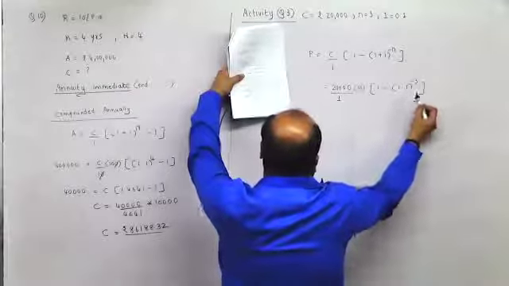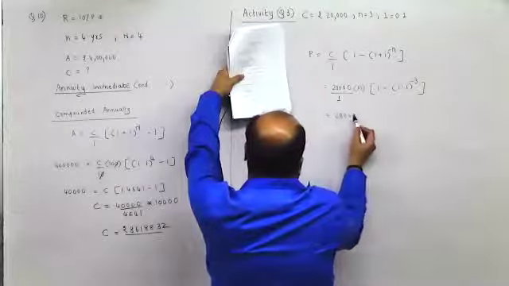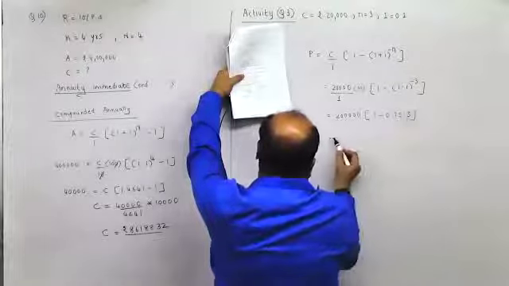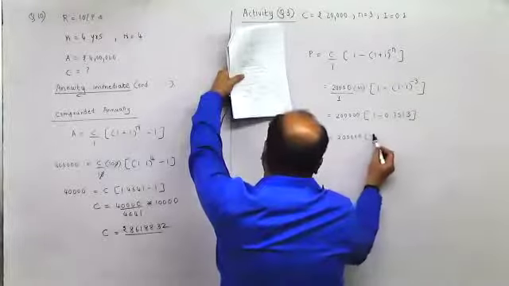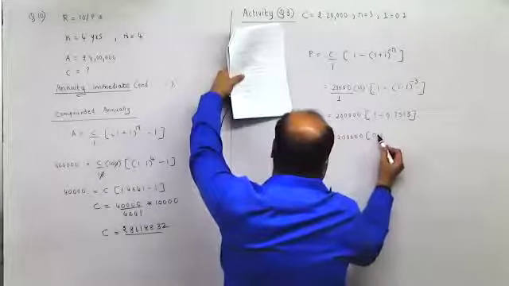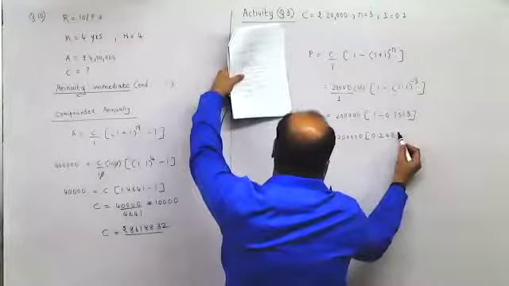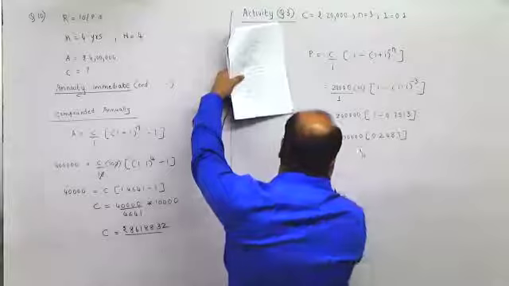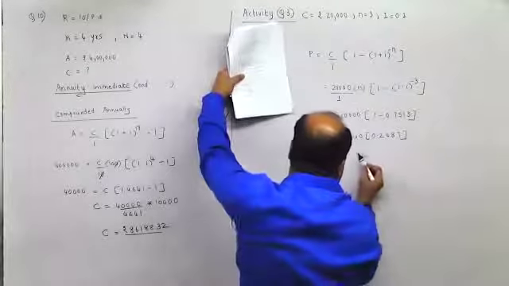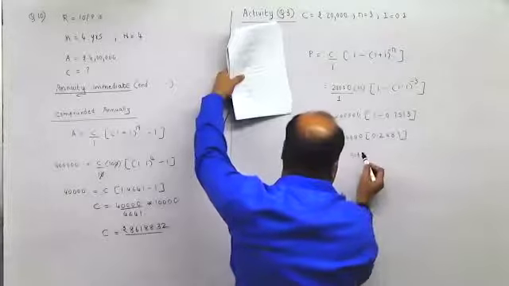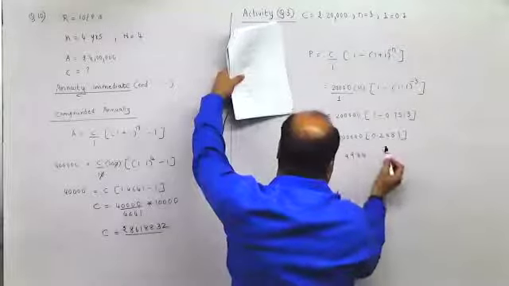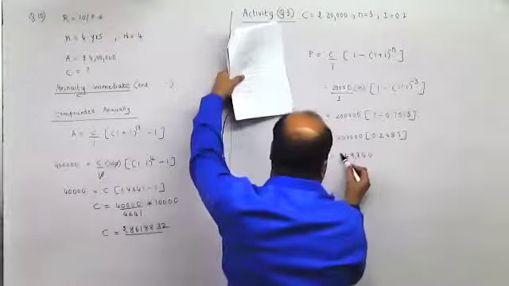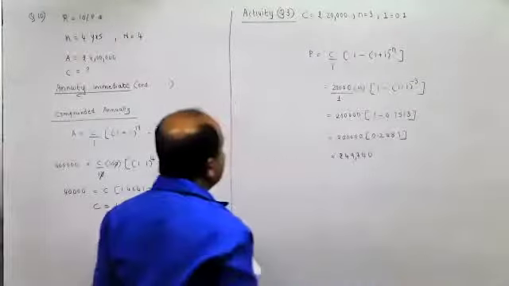So this would be 1, 2, 3, 4, 5 into 1 minus, this value is given as 0.7513. So this would be 1, 2, 3, 4, 5, and this would be 0.2487. 9 minus 7 is 2, 9 minus 5 is 4, 10 minus 3 is 7. Now this would be 7 2s are 14, 1 carry over. 8 2s are 16, 1 17, 1 carry over, 2 4 8 1 9, 1 2 2 4, and then your 4 zeros and one more zero, so 49,740. This is the present worth.